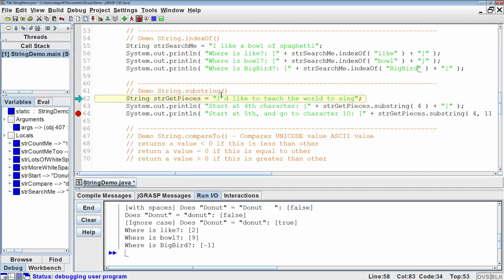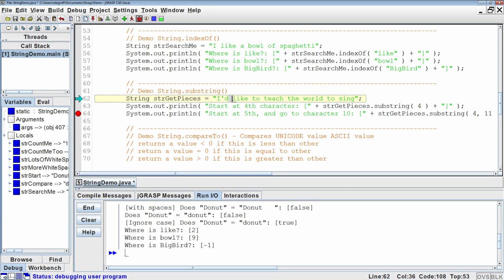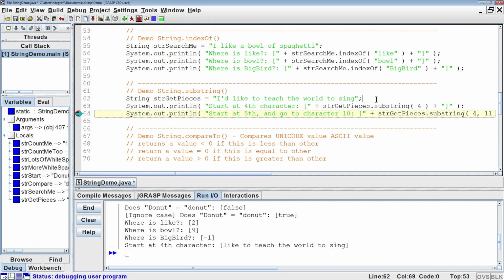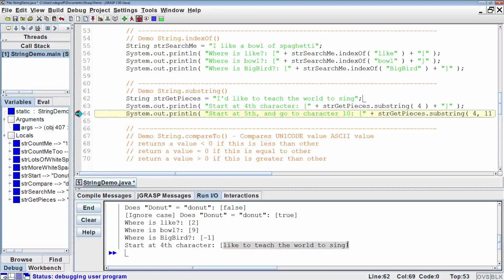The next thing is the two substring functions that you will care about. The first substring function essentially says I want to get a piece of a string. So here's another sentence: I like to teach the world to sing. I don't really care about the start of this. I just want to grab the rest of this. So the first substring is where I will say start at character 4, which is the L, and just grab the rest of the string. So here, if I step through this, you will see that I only grabbed the last part of that string,